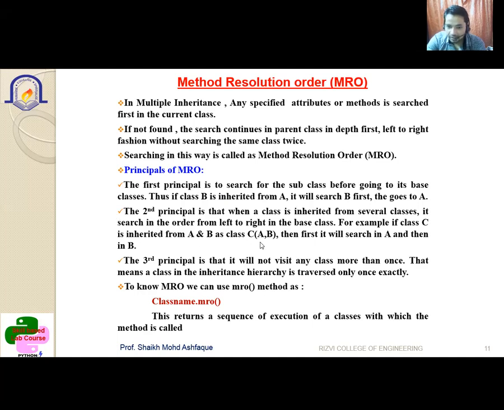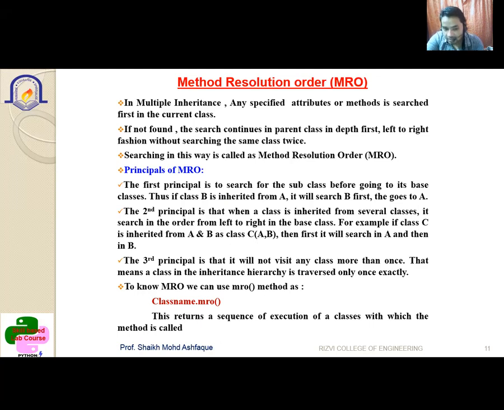Second principle: when a class is inherited from several classes, it searches in the order from left to right. As we have seen, Father comma Mother, first it will search in Father.